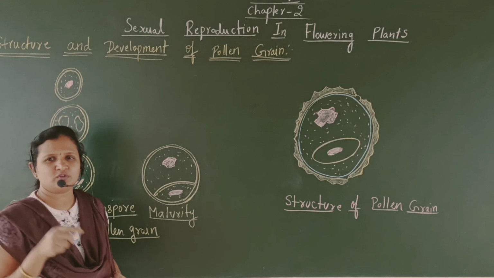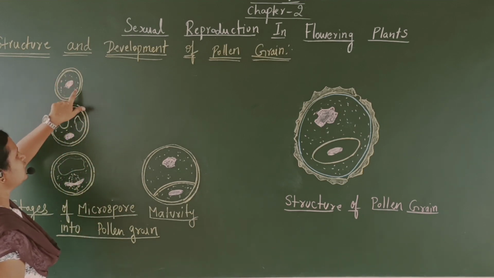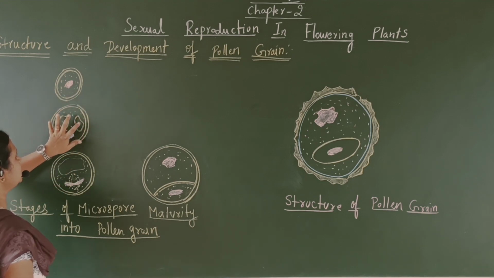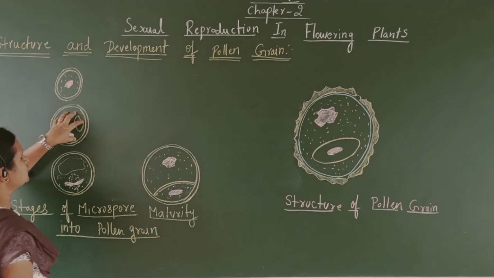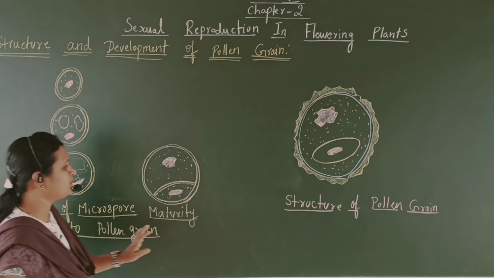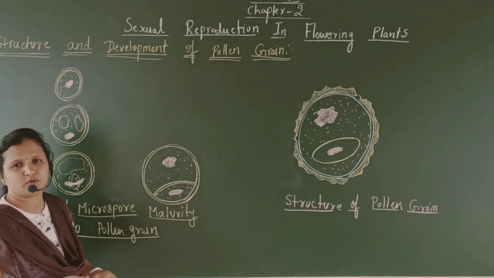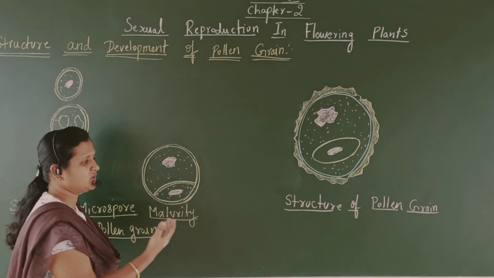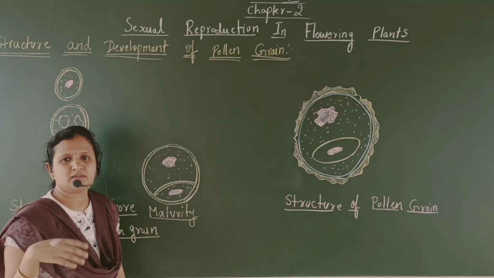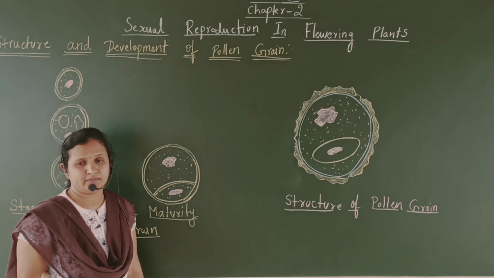The microspore is a small spherical cell with the cytoplasm and the nucleus. This cell undergoes changes inside the cytoplasm as well as in the wall layers, and it is going to develop into the pollen grain. As a result, many microspores will be present. In the same way, many pollen grains will be formed inside the anther. The anther is going to dehisce, meaning open, and release the pollen grains.